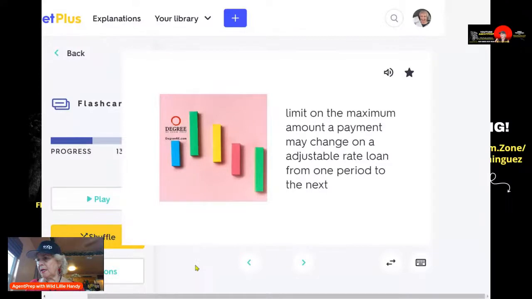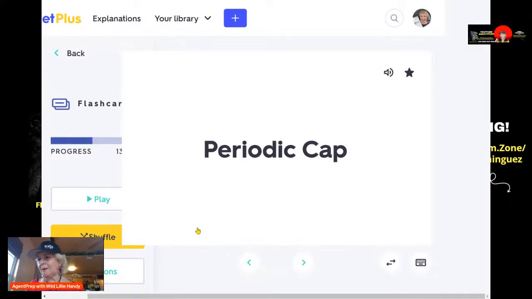Okay, so let's see. Mathilda says a cap, the periodic cap. Very close, but yes, the periodic cap. So adjustable rate mortgages, known as ARM, could be for 1, 3, 5, 7. They're usually odd number types of loans, 9 or even 10. I had a 10-year adjustable rate mortgage, and it was interest only. Some ARMs are interest only, others are principal and interest. And after that period ends, let's say it's a 3-year ARM, the interest rate may adjust.